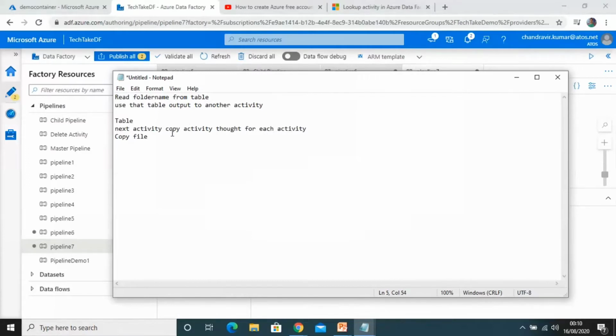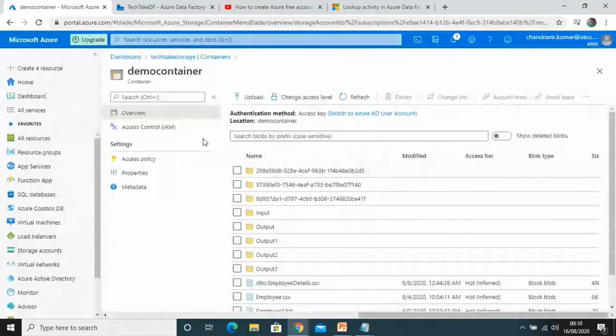I will show you one copy activity example, and then I can show you the for each activity that will copy the files from one folder to multiple folders, one by one in a loop. The output folders will run in different loops, like output 1, output 2, and output 3. These 3 folder names I will get from the database using lookup activity.